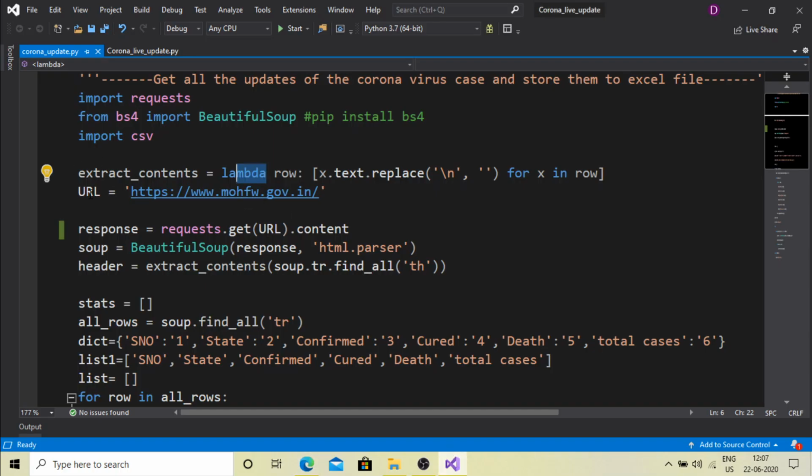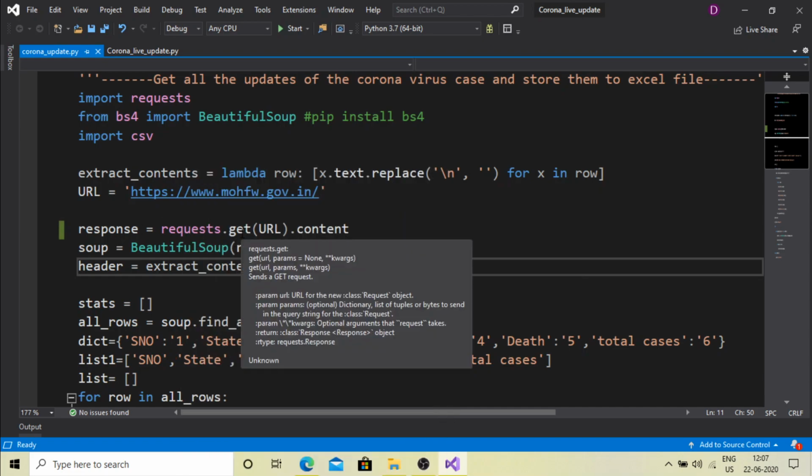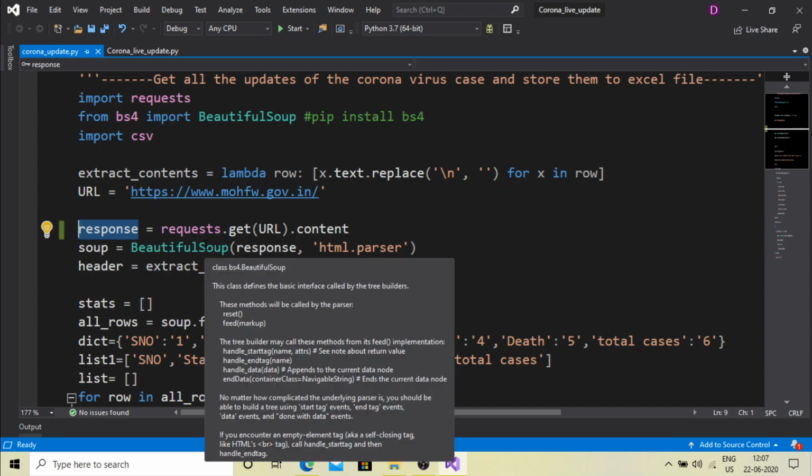Now the next thing is url. I have defined a variable with the name url, and I have given the url of the website from which we have to extract out the content. Now for extracting out the content, first we have to establish a connection to that website. So for that, as I've already told you, we have to import a library named requests. We have sent the request to that website with the help of this library and this get function, and we stored the connection in a response variable.